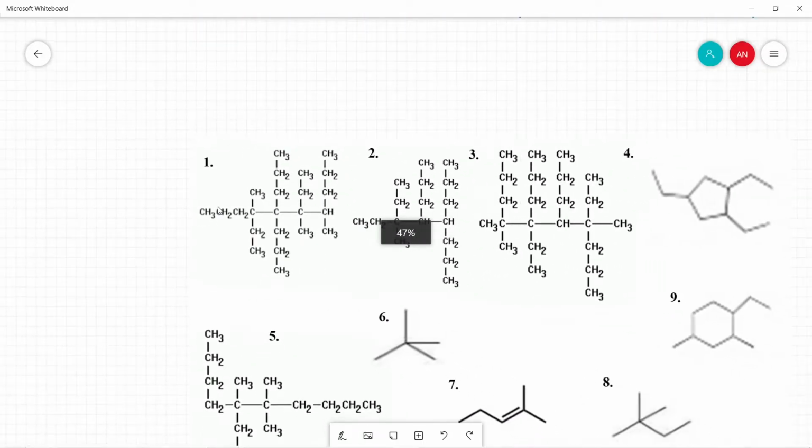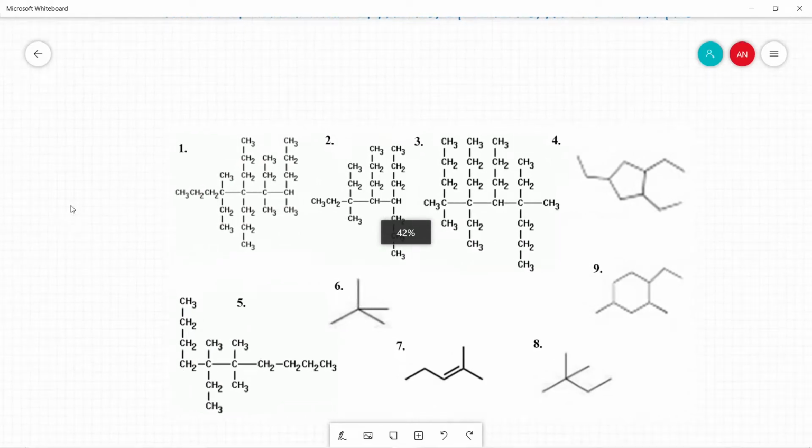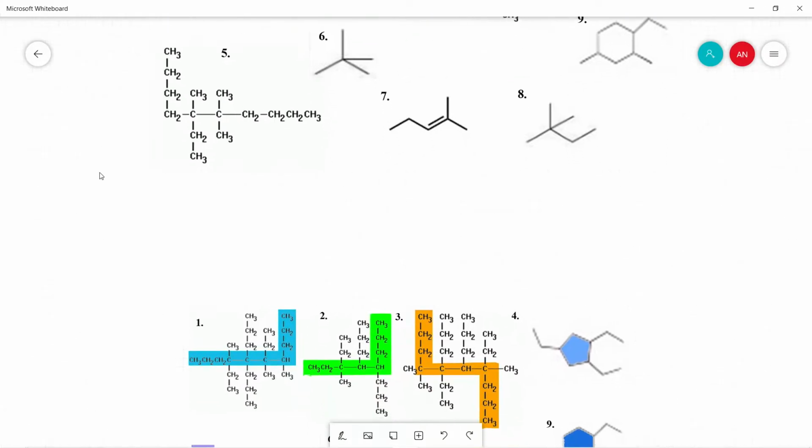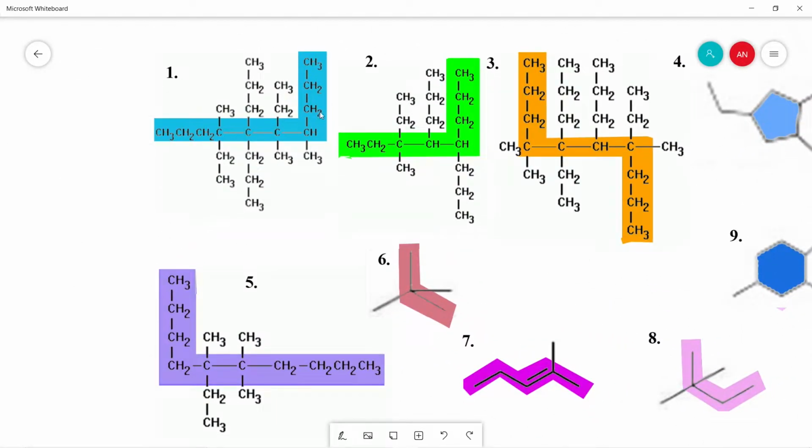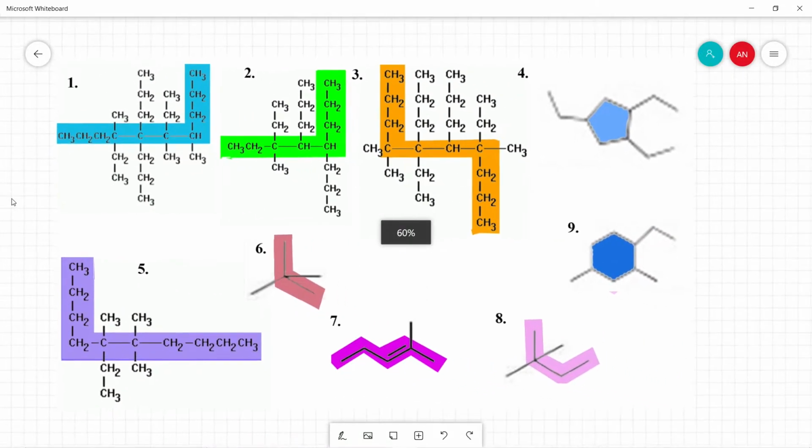So let's get started. Here are some structural formulas of some compounds. So how do we start the naming? First of all, the technique is that if you are going to identify the name of a given structural formula, you need to find the parent chain first. All of these compounds must have some parent chains. I have pointed out some here. This one is a parent chain as it contains the most carbons. Accordingly, I have pointed out the main chains, the parent chains, that have the greater number of carbons.